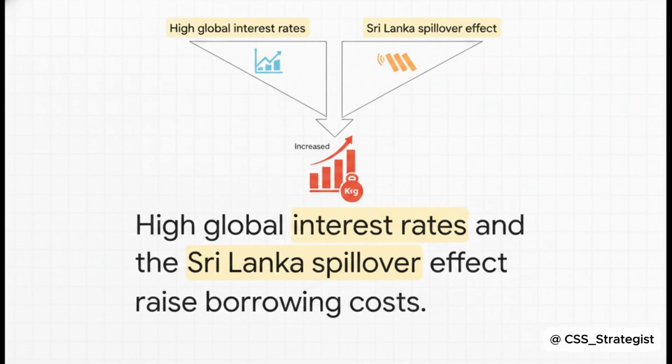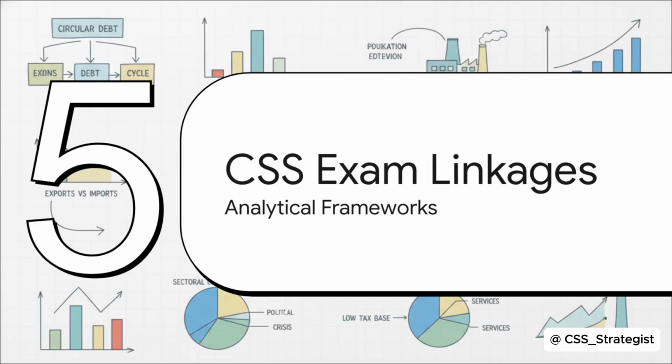You have to remember, Pakistan doesn't operate in a vacuum. Currently, global interest rates are so much higher than they were during the COVID-19 era, hovering around 3%, which makes commercial borrowing incredibly expensive. Furthermore, Pakistan suffers from what analysts call the Sri Lanka spillover effect. Basically, even if our core economic fundamentals differ, international rating agencies and lenders often just lump high-debt regional countries together. A general perception of poor economic management in the region directly increases the risk premium that Pakistan has to pay just to borrow internationally.